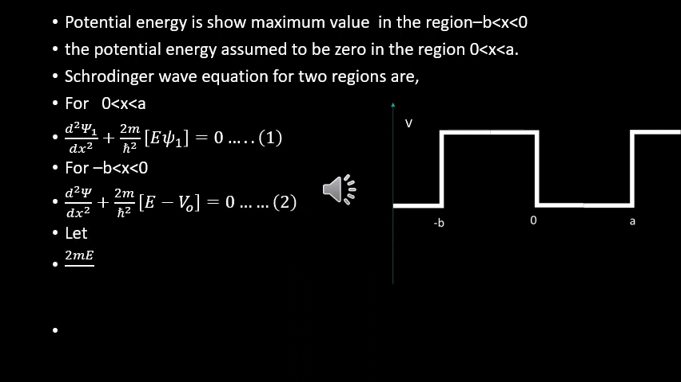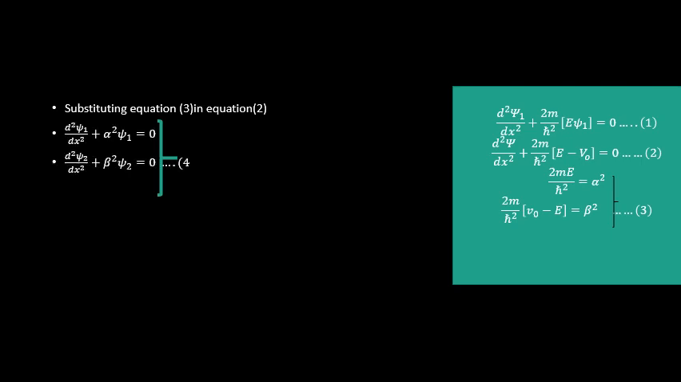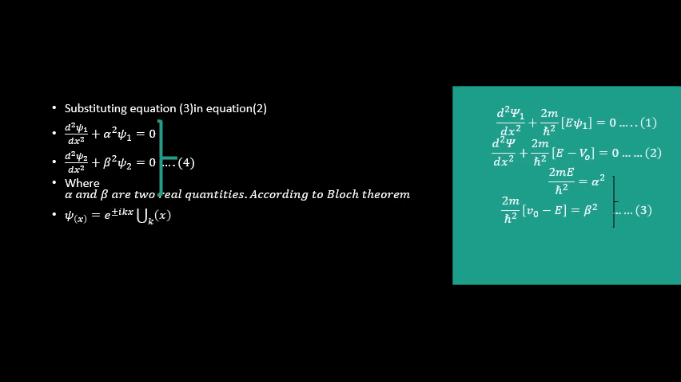Let us assume, substituting equation 3 in equation 2, where alpha and beta are two real quantities. According to Bloch theorem, the solution of the Schrödinger equation for electrons can be represented by a periodic function u(x), as follows. The wave function for the first region can be written as